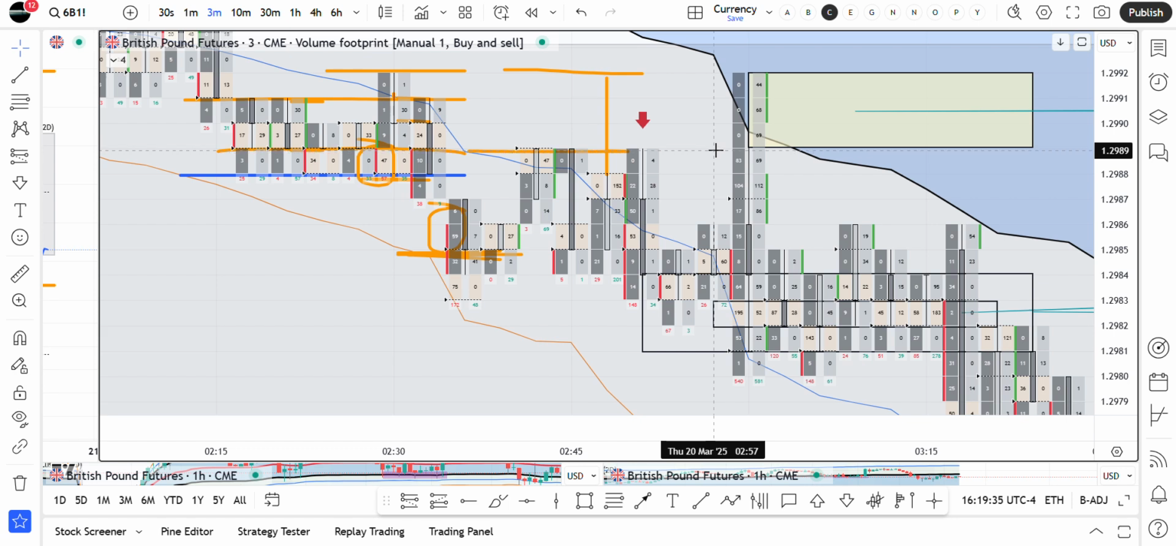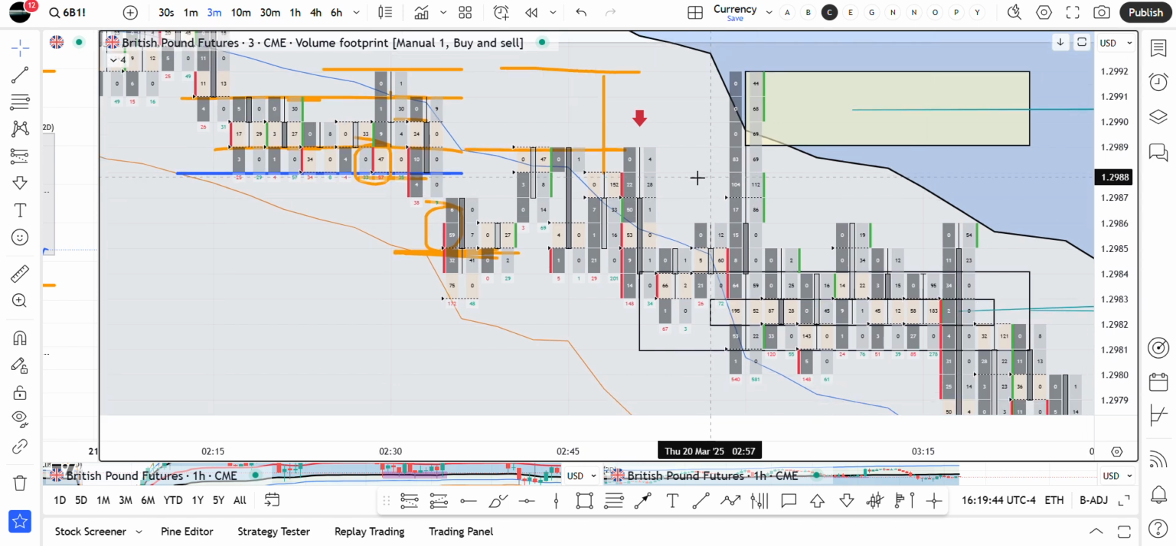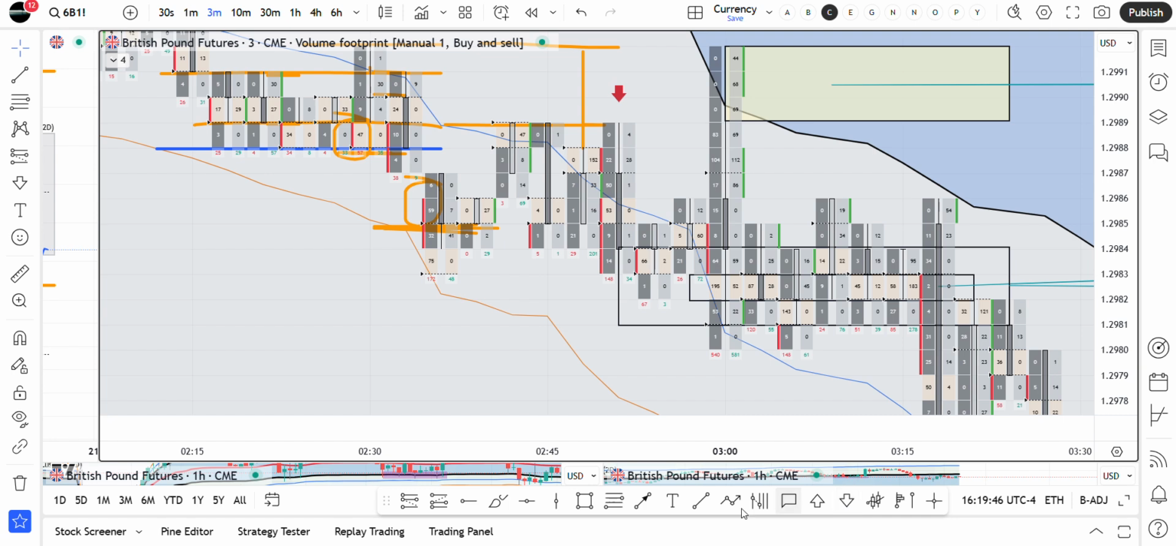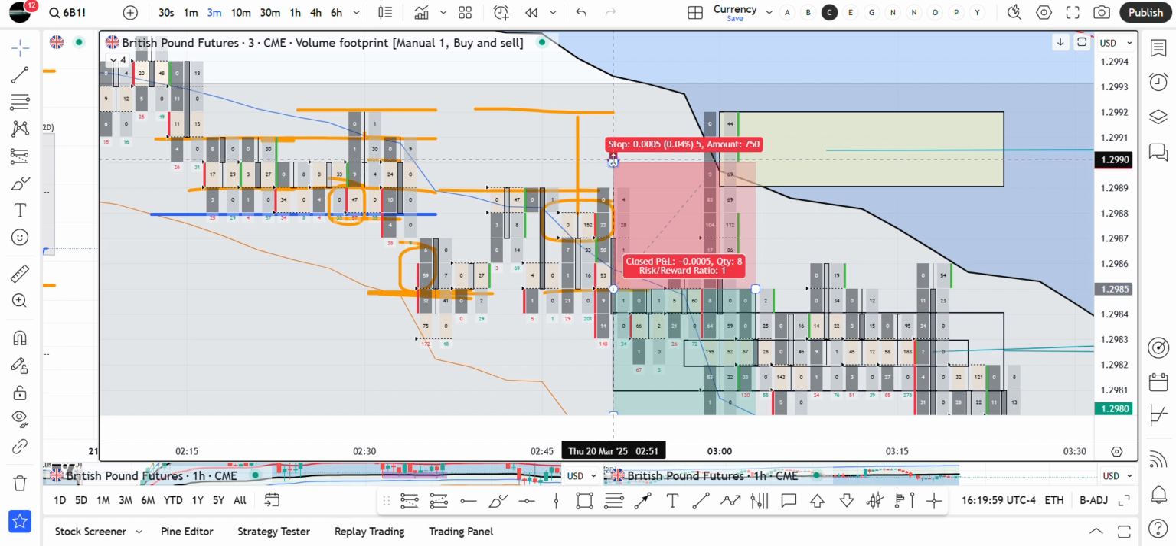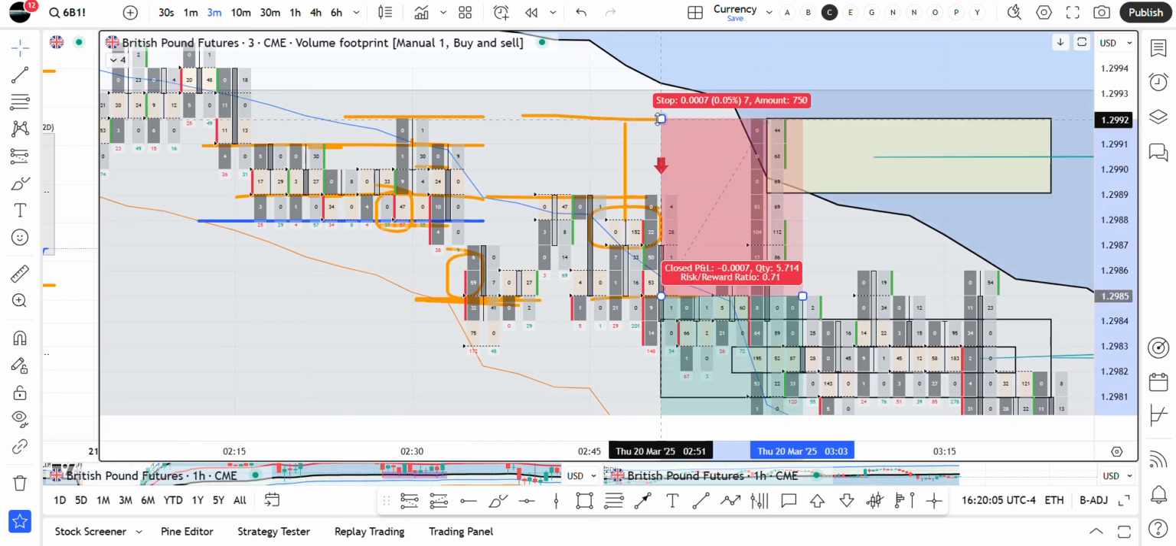Now, how you take advantage of this is you go short, or you could go short. This is not financial advice. You could go short right after this, after you see a huge amount of buying at the extremes of that candle. You close below that candle, you go short. Your stop is the previous area where there was a lot of buying,